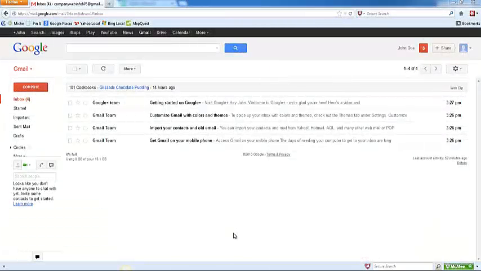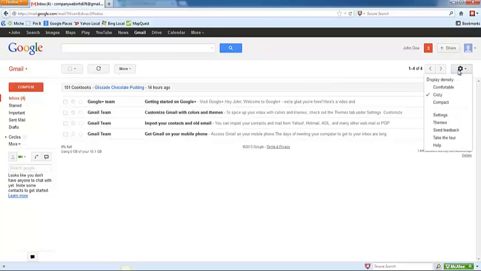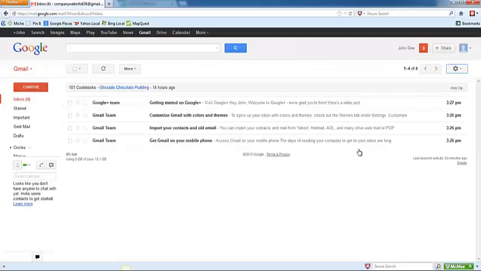Once you've set up your Gmail account, you can customize it. In the upper right hand corner here, there's a gear button. If you click on that, you can change the display of your home page here. Each of these, comfortable, cozy, or compact, will allow you to change how many emails you see on your front